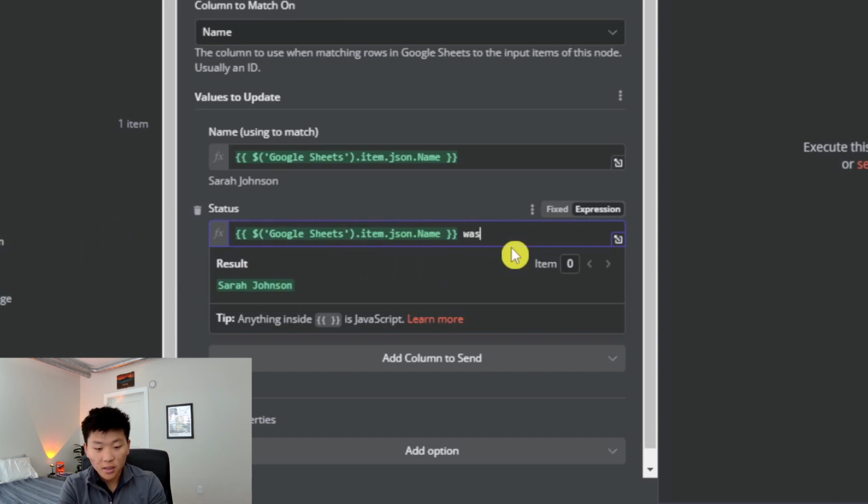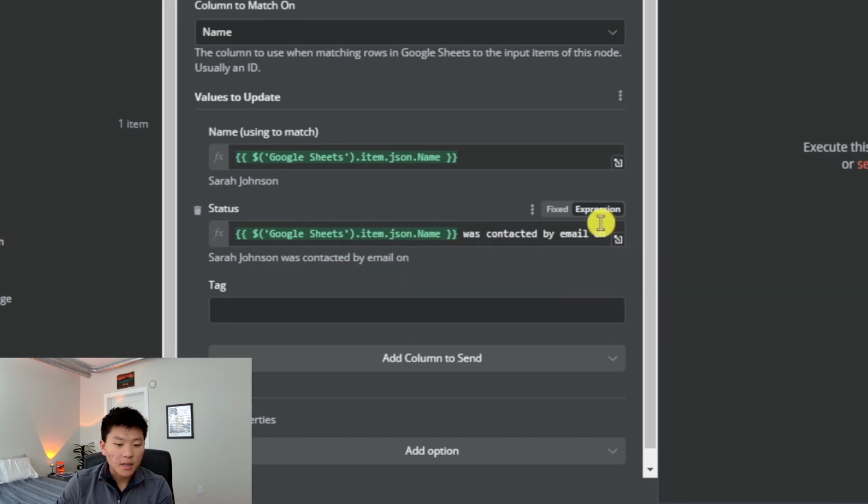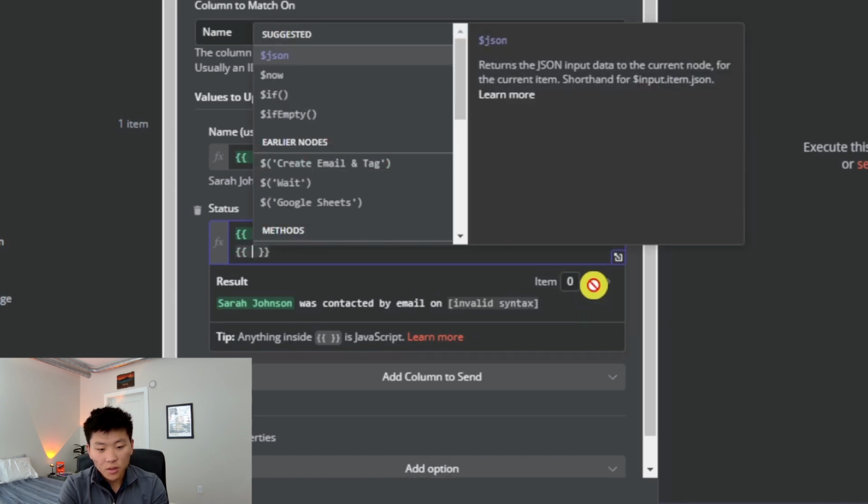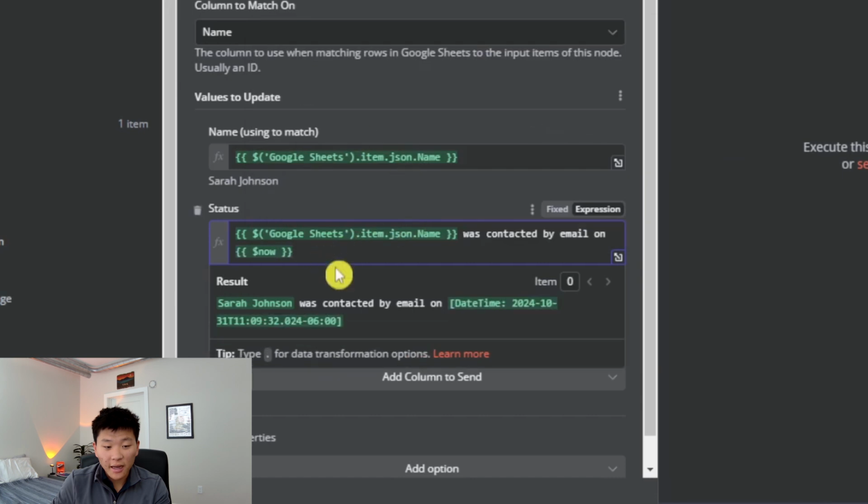Sarah Johnson was contacted by email on, and now we want to say what time it is. If you do 2 curly brackets, you can see some suggested things. Right here we've got now. As you can see, this is just going to output the current date and time. So whenever this runs, it'll say what time the email was actually sent. But this is super ugly. Date, time, 2024, blah, blah, blah. It's got all this stuff. So we just need to format